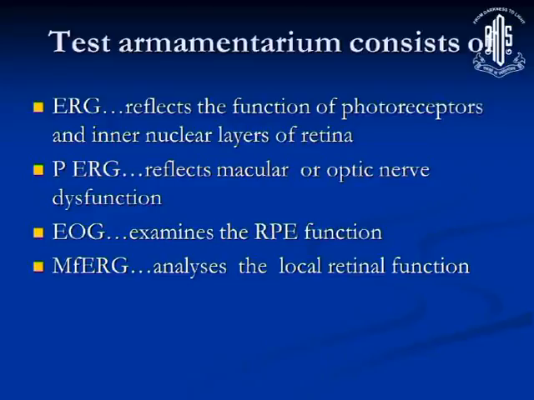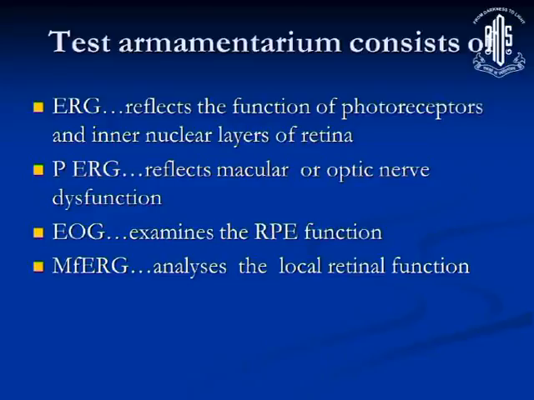Now, why this test? ERG reflects the function of the photoreceptors and the inner nuclear layer of the retina. The pattern ERG is a screening test when there is confusion between macular function or optic nerve dysfunction. So it differentiates whether it's a macular dysfunction or an optic nerve dysfunction. And EOG examines the RPE function. And lastly, the most important diagnostic tool for a macular disorder is the multifocal ERG, which analyzes